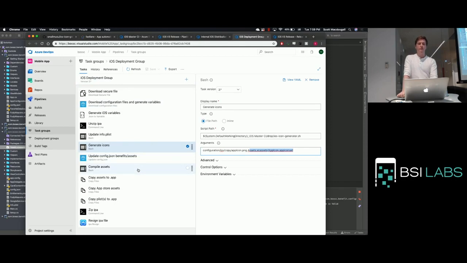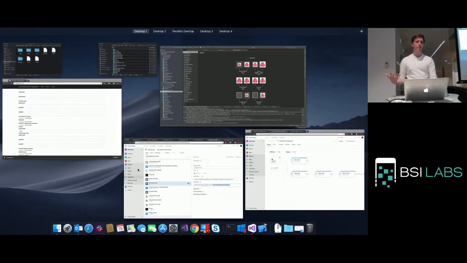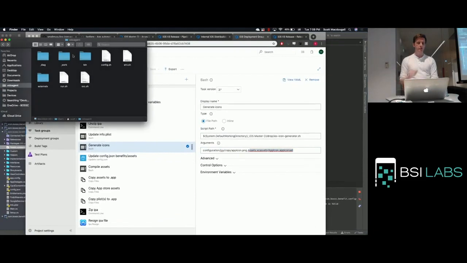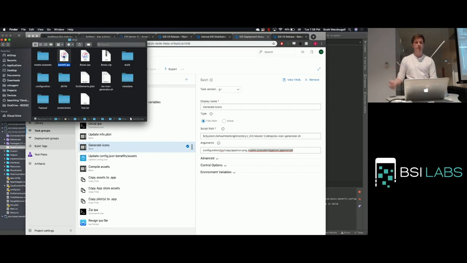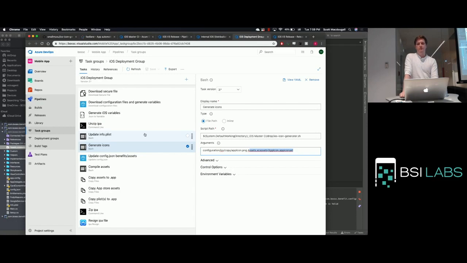So then what I have to do is, like I said, it's a file called the car file, and actually I have a local agent on my computer. I don't do my builds on my computer, it's just when I'm testing it, right? If I drill down to my iOS one, the drop folder here, so this is the assets, right? This is the asset folder, these are the icons, right? So I have this available in my release pipelines, just like I have available the IPA file that needs to be decompiled. So I update all the assets, like the logos and stuff,